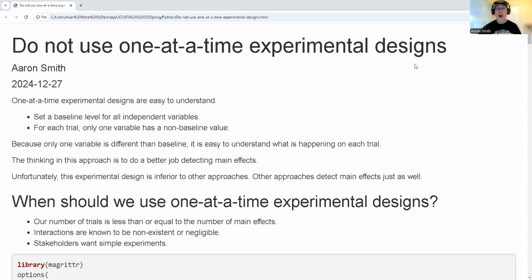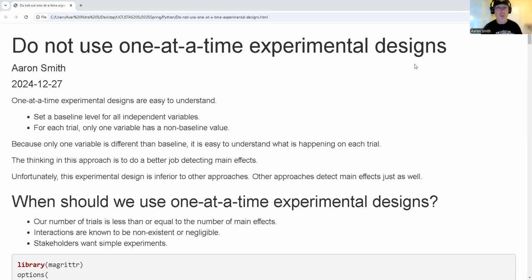Hi, in this video, I want to convince you to never use one at a time experimental designs. In experimental designs, we have a bunch of different choices for our situation. We can use Latin squares, partial factorial analysis, full factorial analysis. We can do ad hoc. Well, one that's very common that I've come across that's very easy for people to understand is one at a